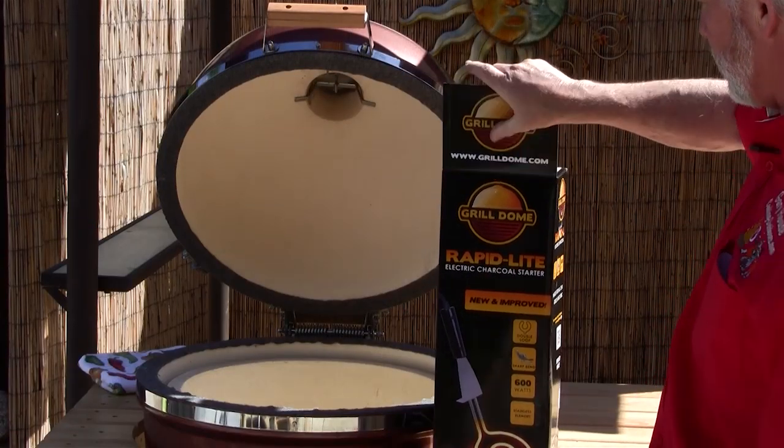To get started, we need to heat up our charcoal, and I'll show you how simple that is. We're going to use the Grill Dome electric starter, and then we're going to be cooking our tri-tip indirect. Okay, so we have the Grill Dome Rapid Light